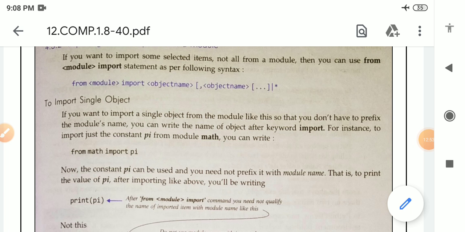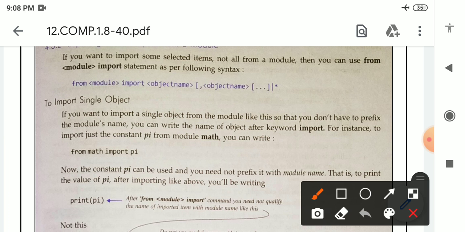To import a single object from the module, you don't have to prefix the module name. You can write the name of the object after the keyword import. For instance, to import just the constant pi from module math, see how you will write it.